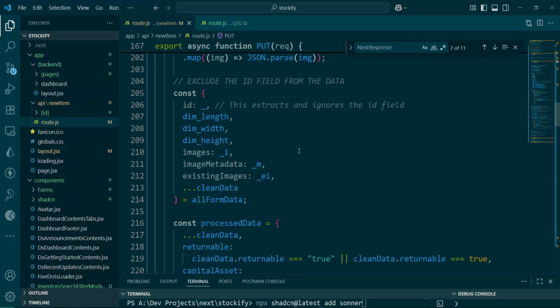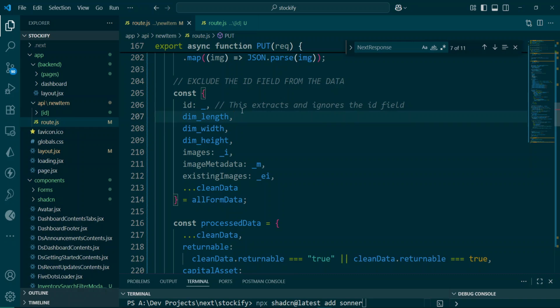Otherwise, it's going to trigger an error. That is why we want to extract it, so that Prisma will ignore the ID field. The ID field is being ignored simply by using this underscore. You equate it to an underscore. It's like you are removing it from